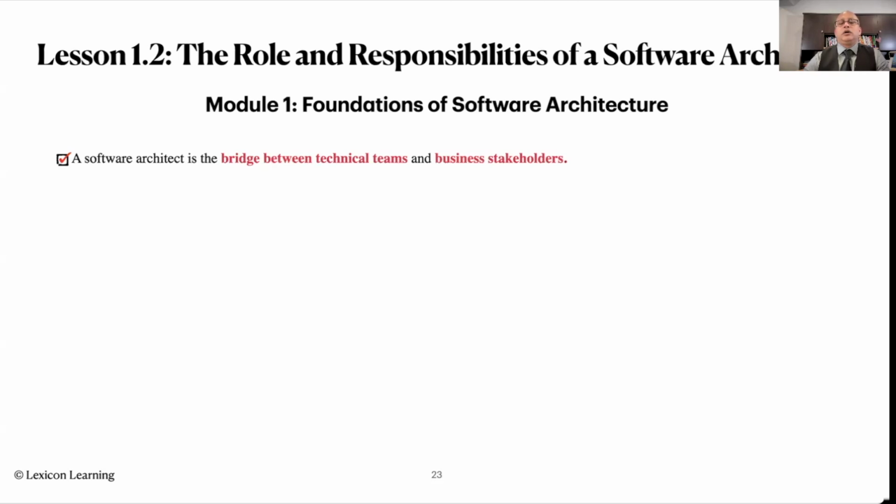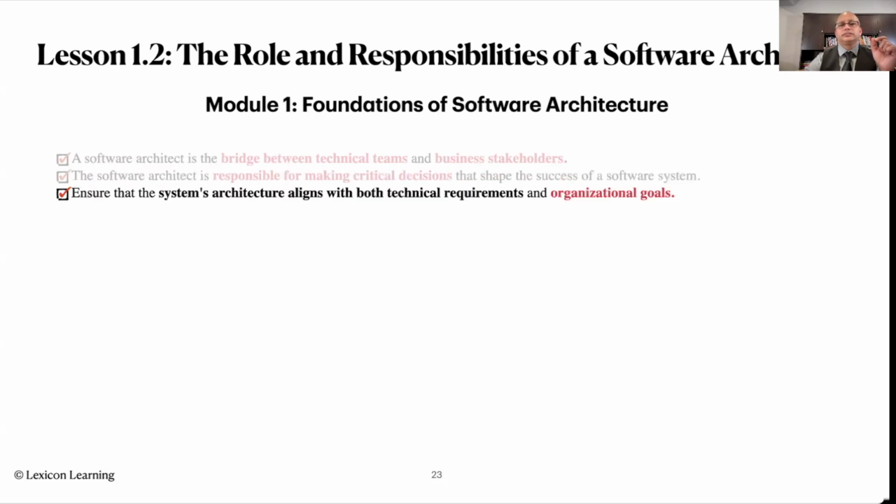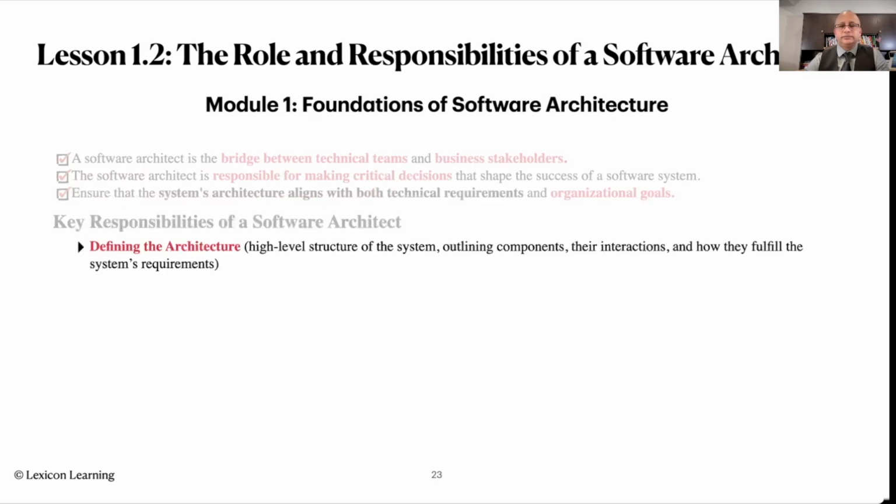What is the role of an architect? The architect is like a bridge between technical team and the business stakeholders. And an architect is responsible for making decisions that matter, critical decisions. Also, a system architect ensures that systems architecture aligns with both technical requirements and organizational goals. Key responsibilities of software architect